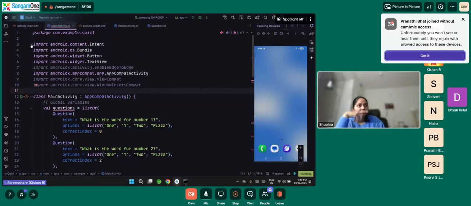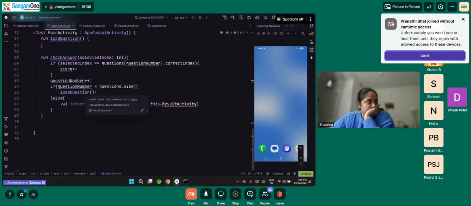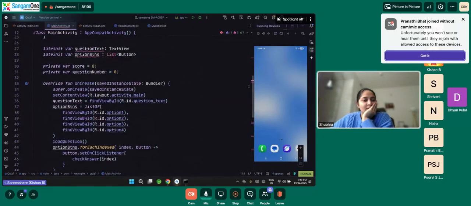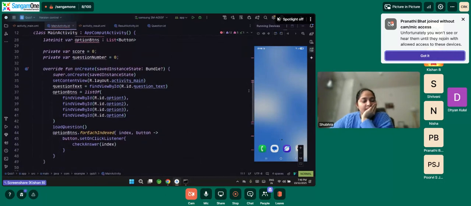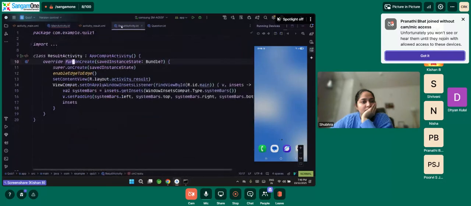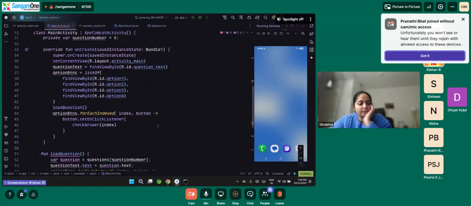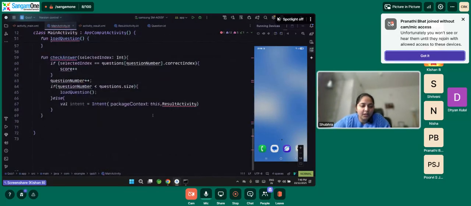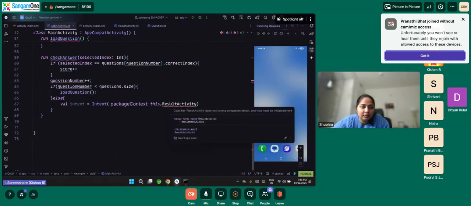Okay. Can you go down? Why did it scroll all the way? That's okay. Can you go to the result activity part? No, in the main activity where we're setting the intent. Okay, here. Yes. Can you hover over the result activity? Can you read out what the